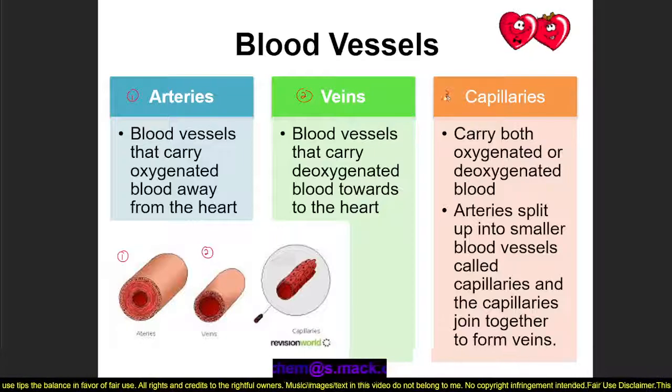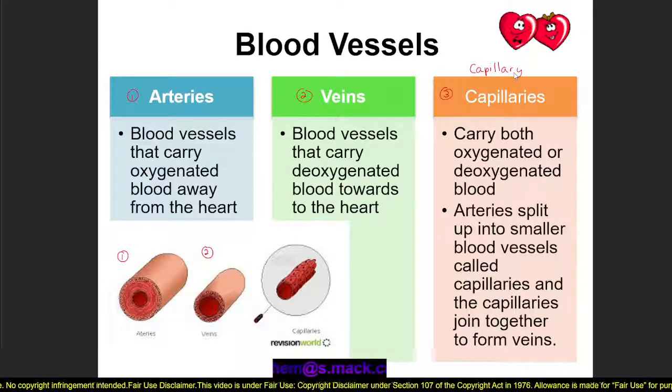Last but not least, we have a type of blood vessel referred to as a capillary. Right? Capillary is the singular, capillaries plural. And what are capillaries? We say that arteries split up into smaller blood vessels. So I'm talking about the arteries, which are the vessels taking oxygenated blood away from the heart and towards the